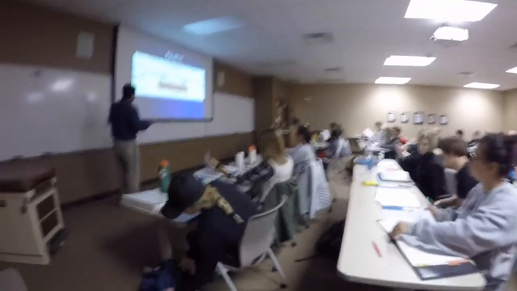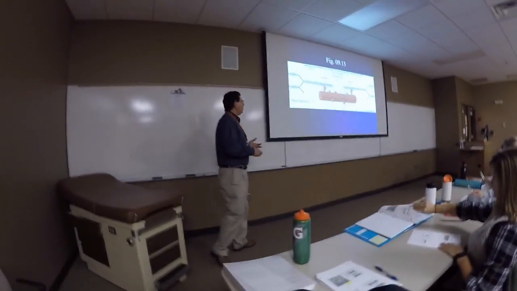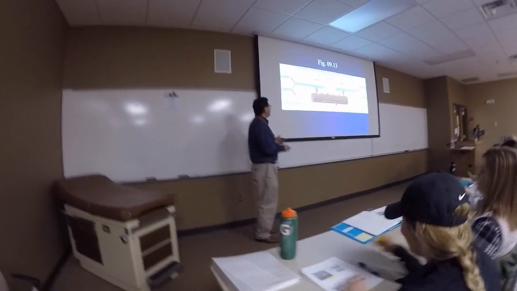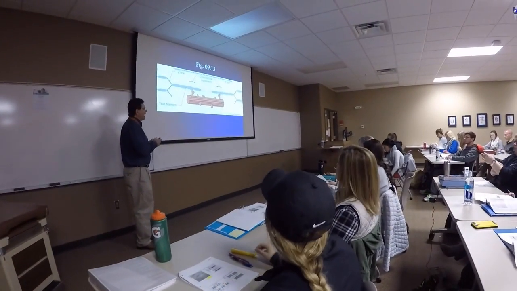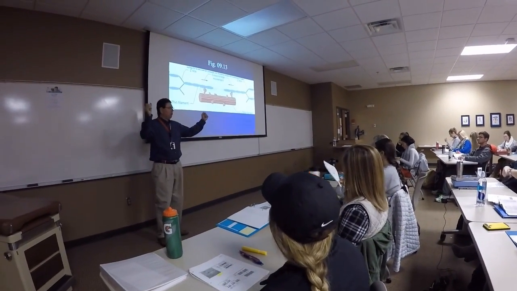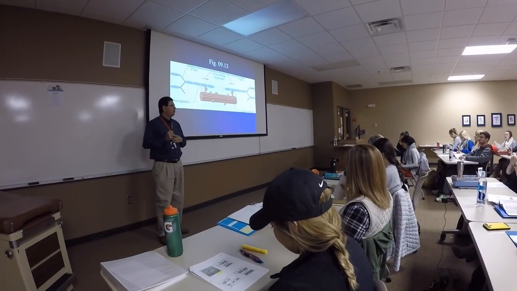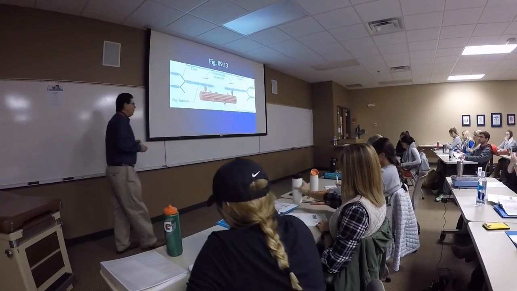In skeletal muscle, you have these sarcomeres that are bounded by the Z lines, and in the middle of the sarcomere we have these thick filaments with these myosin crossbridge heads. So what do they do when activated? They reach up and grab these actin filaments and pull them toward the center of the sarcomere, and that's what